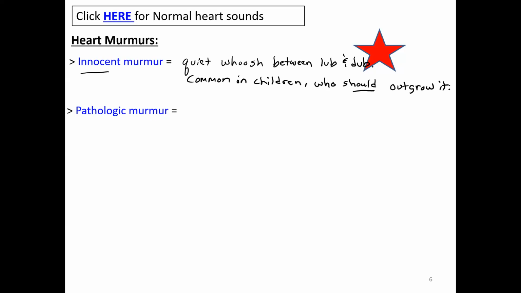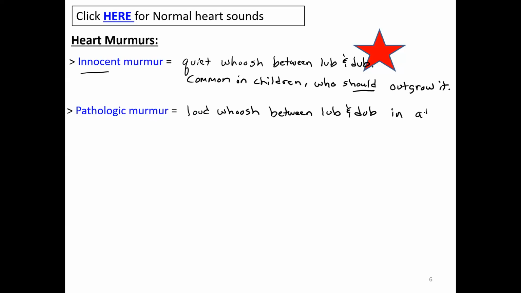If it's a quiet whoosh, fine. If it's a loud whoosh dub, all right, that doesn't sound right. If it's just a quiet little whoosh, and the child is otherwise healthy and they don't fatigue or pass out with exercise, they're probably fine. Now, a pathological murmur is a loud whoosh between the lub and the dub